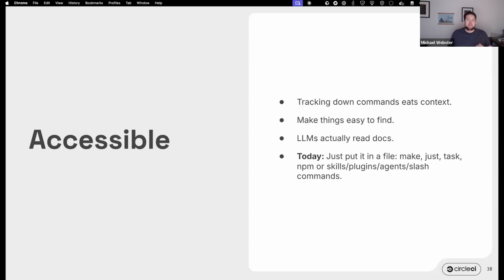So making these easy to find, again, it's a pretty basic thing, but it's super important, right? LLMs will read docs, unlike humans. It's one of the few things that they have access to that they can read. They have no choice but to read something. So give them something to read that's useful, right? Today, what that looks like is already a practice I think some folks follow with CI. Put that stuff in a file, right? Whether it's make or just or mise tasks, whatever your task manager of choice. When there are specific actions that need to occur, don't make the model guess.